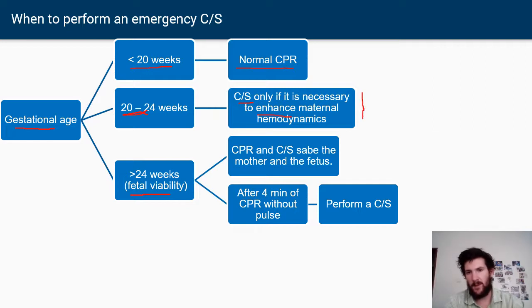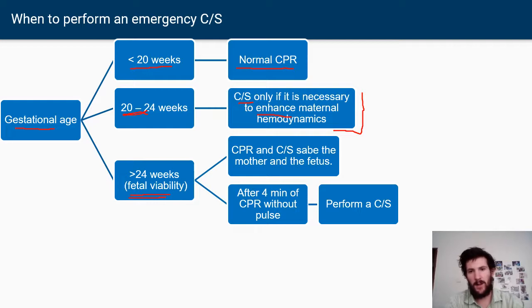But this must be done by an expert, by a person that knows how to do a CS. It's not like an emergency measure that you have to do with a kitchen knife in some place. You need to do it in a correct way. If you don't know how to do it, or you don't have the materials, you don't have to do it. And when there is more than 24 weeks, when there is fetal viability, you have to